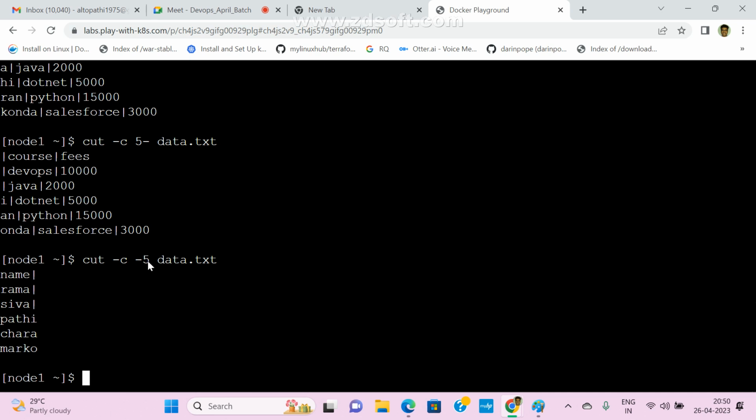Go to the fifth position, then print up to the first character of every record. If you add the hyphen on the right side, it goes from this position to the end of the line. If on the left, from this position to the start of the line. Clear?